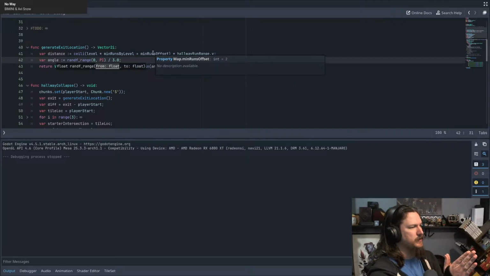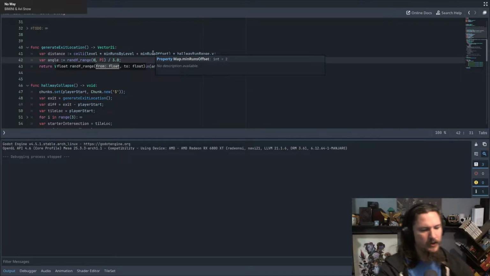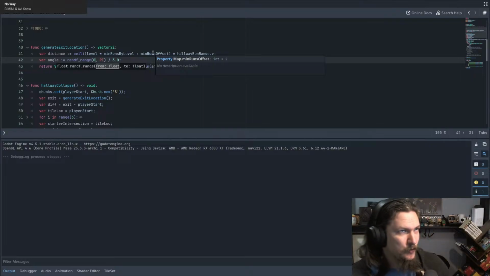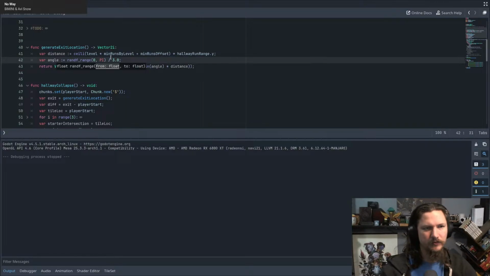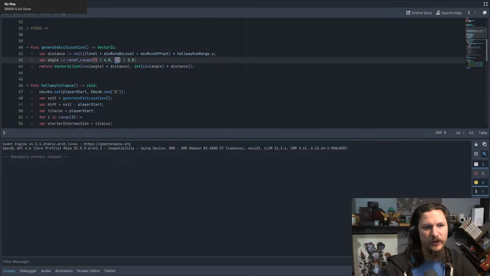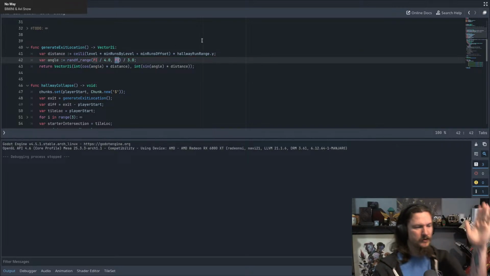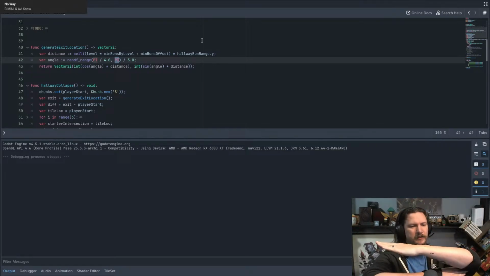It's going to get mirrored, so we can always go positive. 0 is straight ahead, so we don't want 0. Pi over 2 is straight up, so we don't want pi over 2. Which means if we do pi over 4 as our lower boundary, which is going to be pi over 2, pi over 4 is the center. So pi over 8